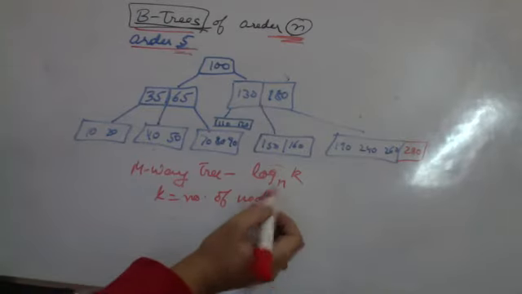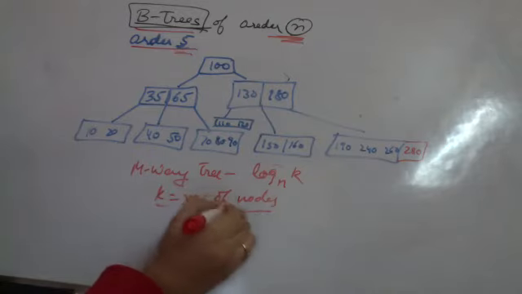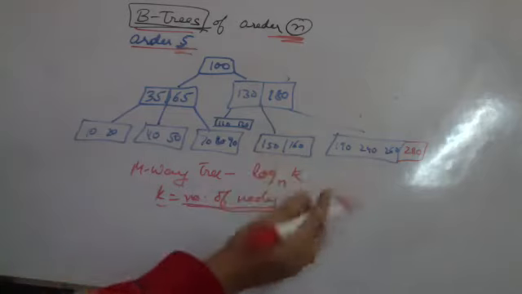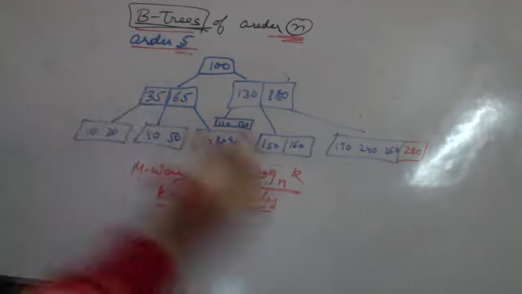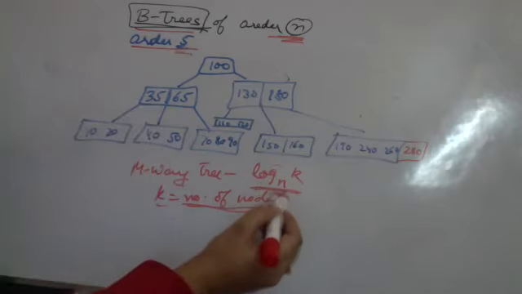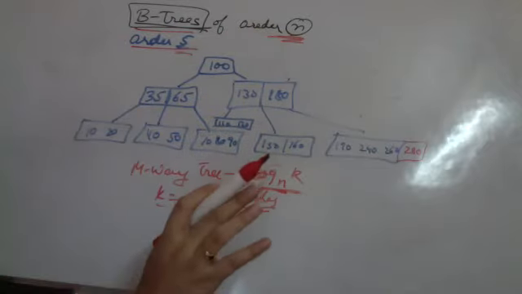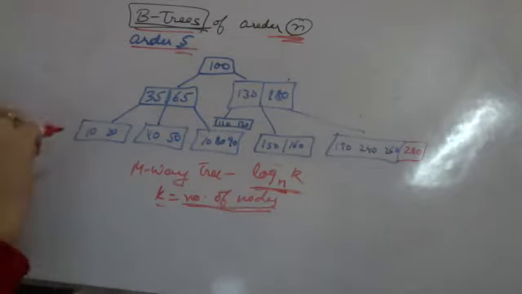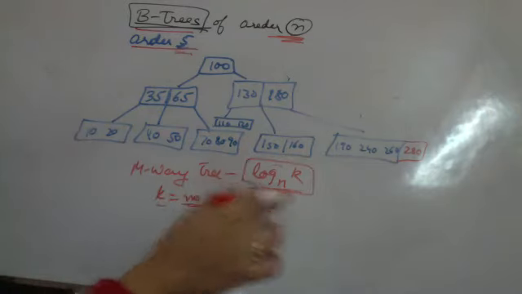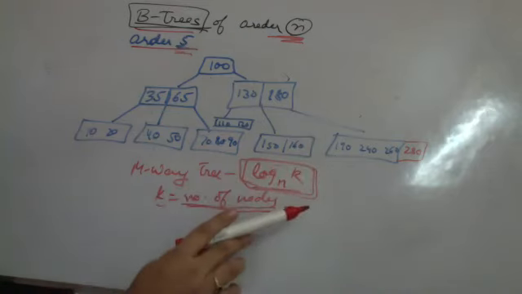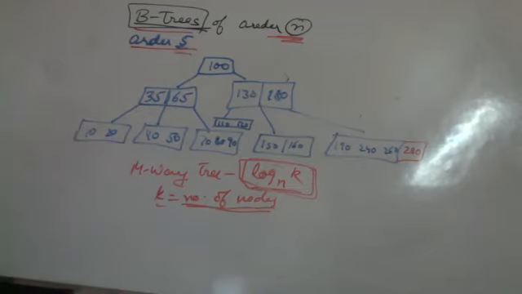So the maximum height of the tree, with k being the number of nodes, not the number of levels. Sorry. So we have to divide the maximum number of nodes among all of them. So they can be done in how many levels? The maximum height is log of k to the base n. I can divide into n children. So this is how a balanced B tree will also be divided. So the worst case height of a B tree is this only. Your height will be less than this, right? So this is very important regarding the height of the B tree.